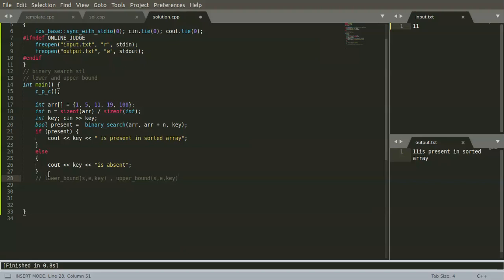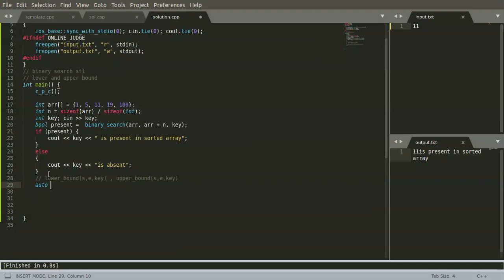So lower bound will give us the address of the element that is greater than or equal to the key, and upper bound will give us the address of the element that is strictly greater than our key.